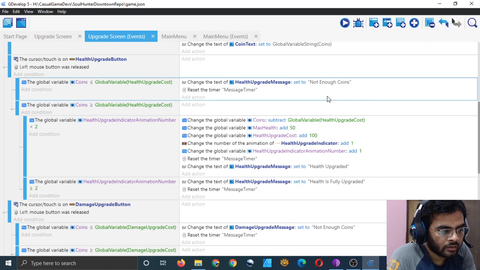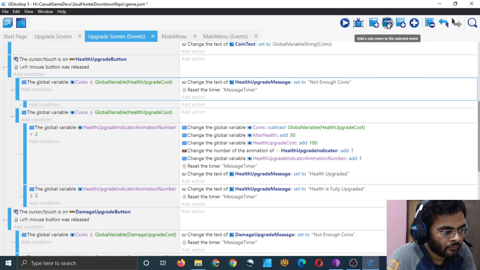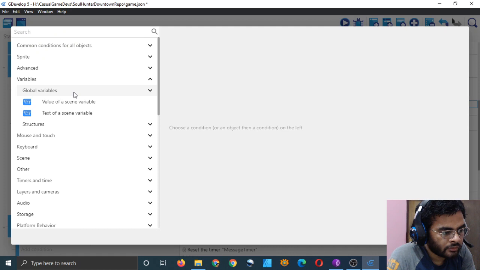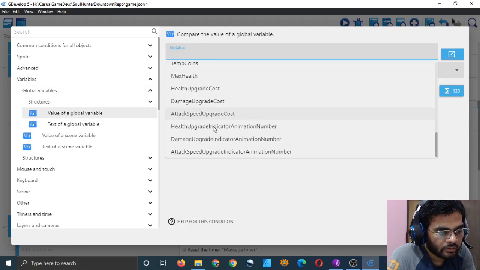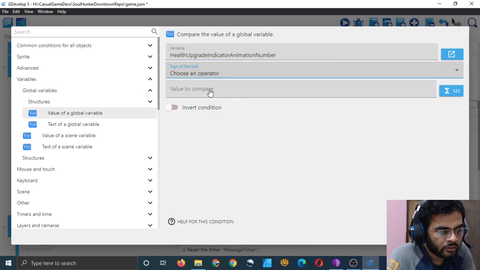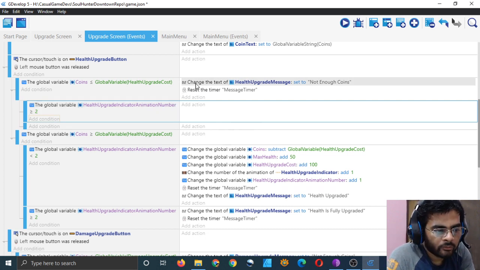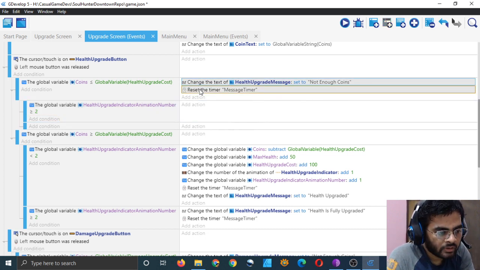We should just add two sub events. Our coins are less than this, but have we achieved the maximum level? To check that, we will go and check the global variable, which is health upgrade indicator. If it is greater than or equal to 2, then we have already achieved the maximum level. So we have to give some other message.